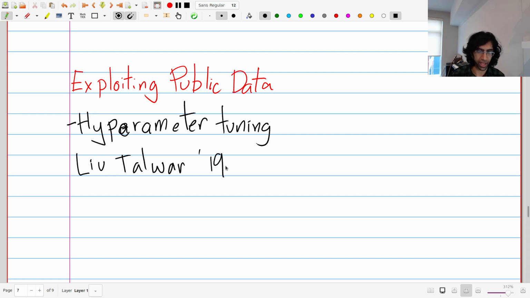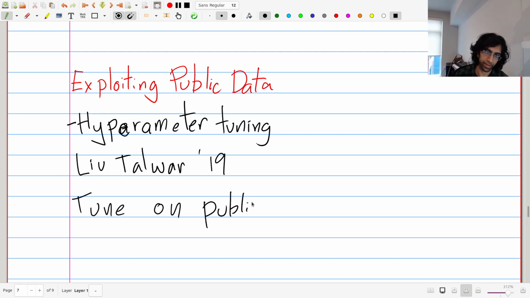But another thing that you can do, like the title of this little segment suggests, is exploit public data. What I mean by this is that imagine you have a public data set which is somehow similar to your private data set. This could be, for example, a set of users who have opted in and say, okay, I don't really care too much about privacy of my data. You can do whatever you want on it. So in particular, you're free to do hyperparameter tuning on this subset of the public data at no privacy cost. Another thing you could do is potentially even use public data which is somewhat similar to your private data,